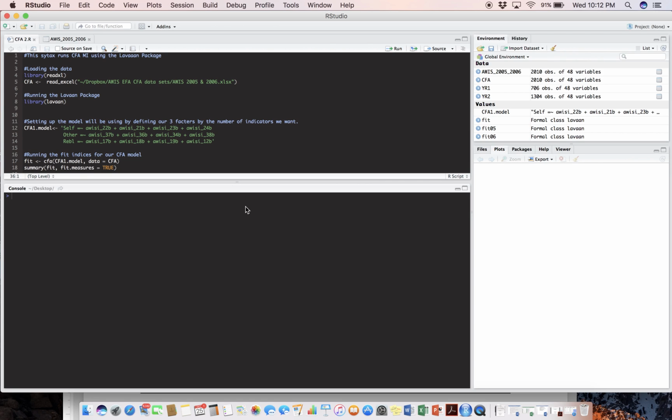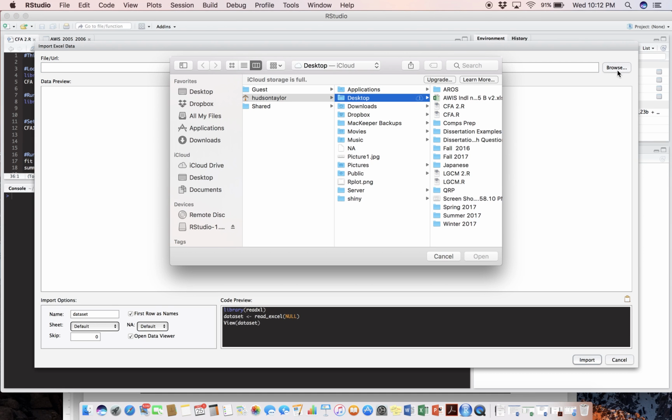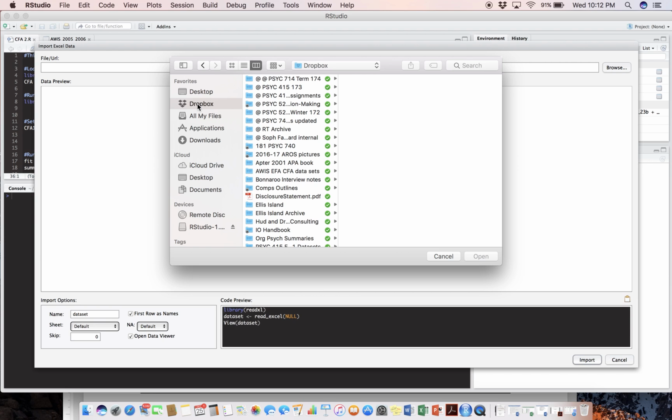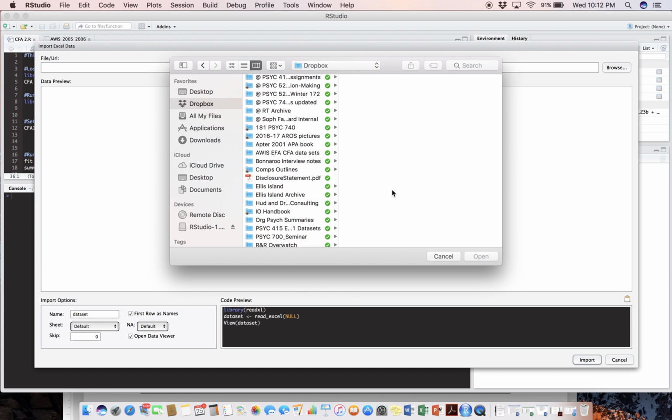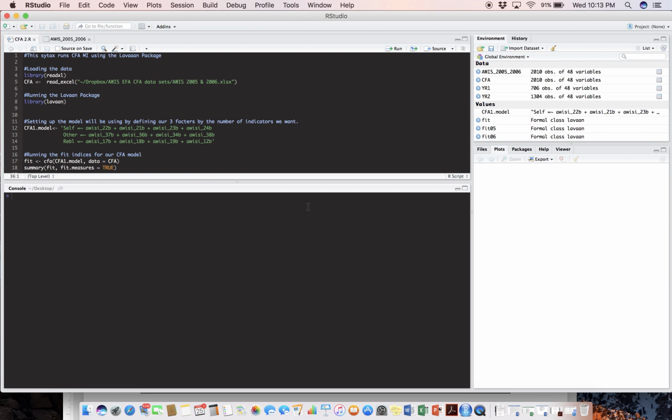Alright, so first things first, to get the data set, I went to Import Dataset and I clicked from Excel, and then I browse for my data set, which is saved to my desktop, I believe. Here we go. Oh no, I remember now. I saved it to my Dropbox. Anyway, so I loaded that data set and clicked OK once I found it, and then it came up here, and then I loaded that file into this bit of code here, our read Excel command. So essentially, I'm just loading the data here in these lines of code